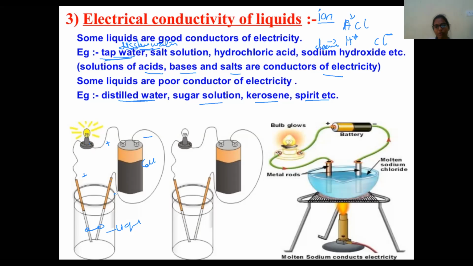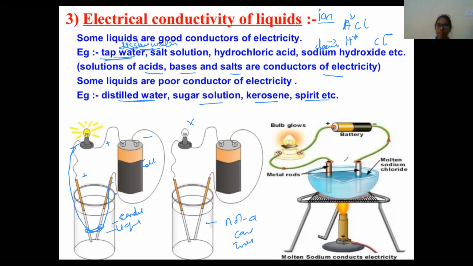So the current will come like this, it will go like this, it will go like this, which means it will create a complete path. If the liquid is a conductor, it will create a path, so current will flow and the bulb will glow. So if the bulb is glowing, it means the given liquid is a conductor. Right? If it is glowing brightly or dimly, based on that we can decide whether it's a good conductor, an average one, or a poor conductor. And if you see your bulb is not glowing, it means the given liquid is not a conductor. It is an insulator or poor conductor, we can call it.